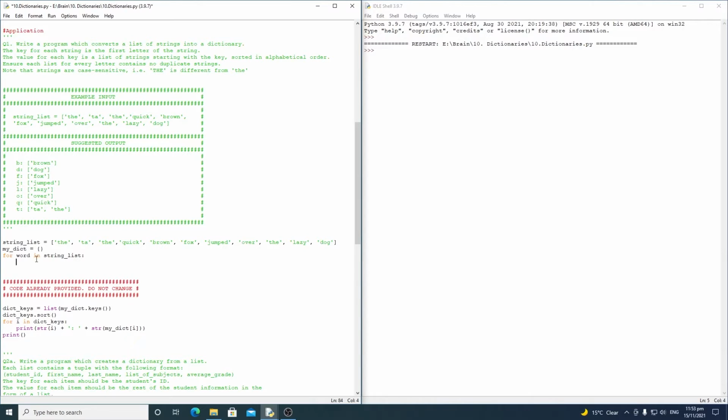So what do we want to do for every word in that list? Well, first thing we want to check is if the first letter of that word is in the dictionary. So what we'll say is if that key exists in the dictionary. So if word at index 0, that's just going to fetch the first letter of every word. If word[0], we want to check if it is in the dictionary. That's our key, right? So if it's not in the dictionary,